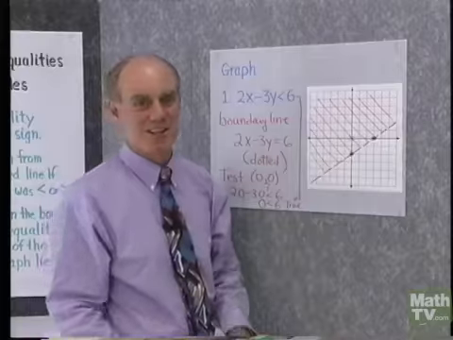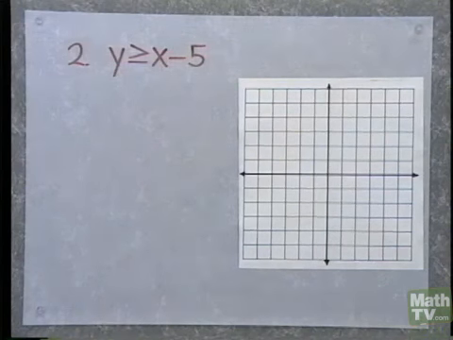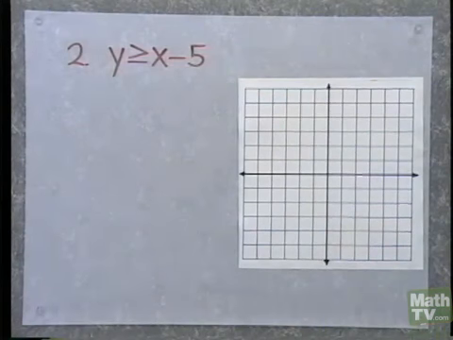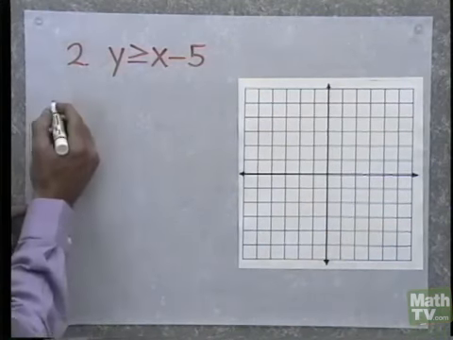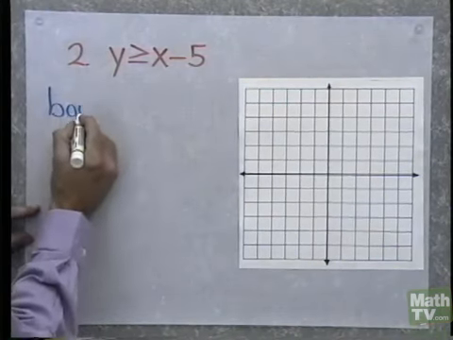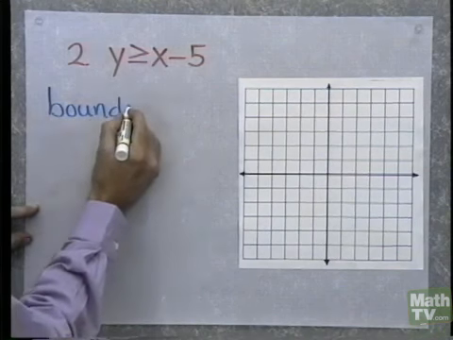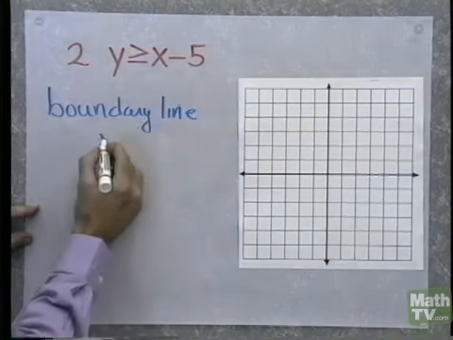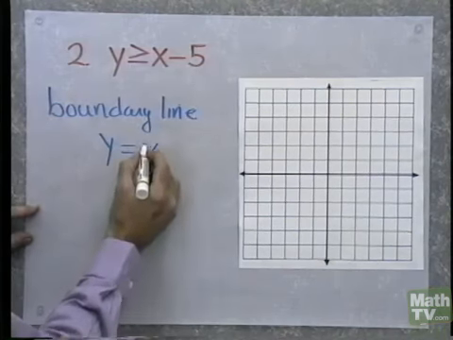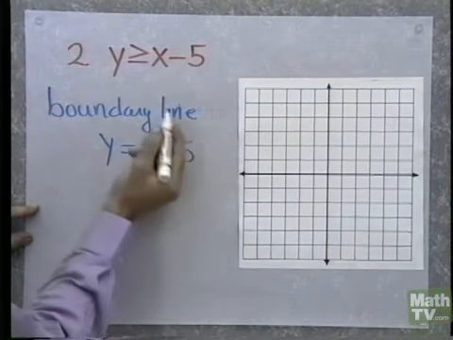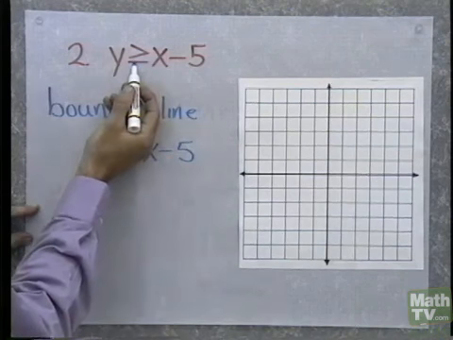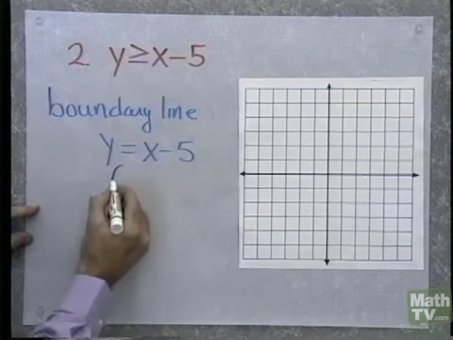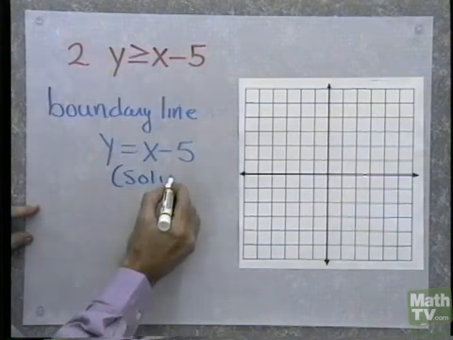Okay, let's try another one of these. So here I have y is greater than or equal to x minus 5. So I'm going to start by graphing the boundary. The boundary line is y equals x minus 5. And because this is a greater than or equal to symbol right here, I'm going to use a solid line